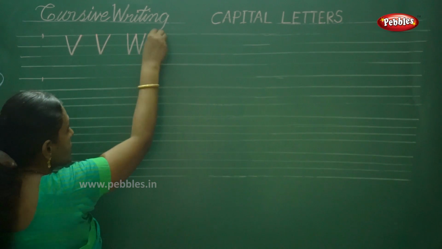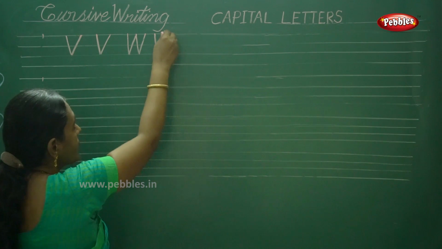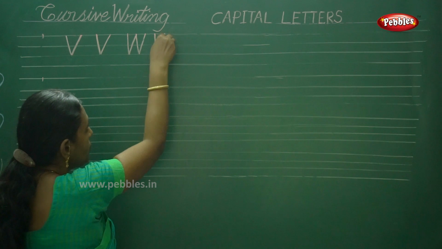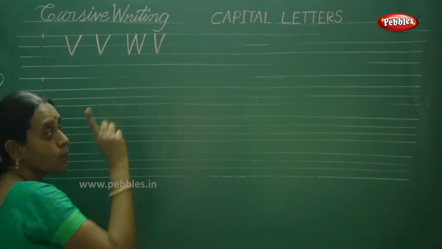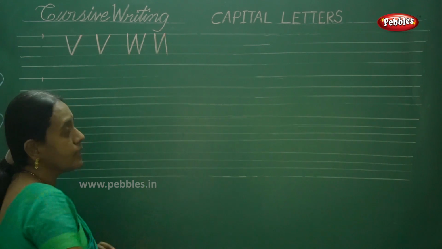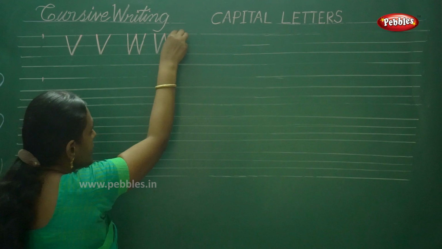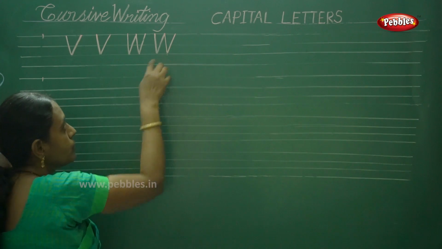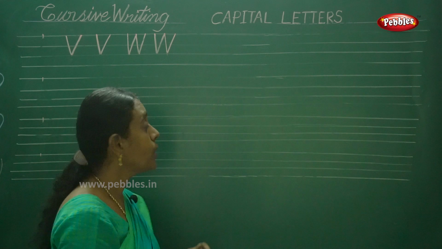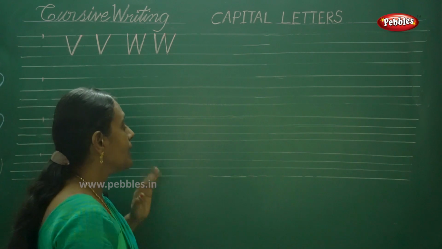Once again I write, first slanting line, left slanting line, again start from the ascender to the bottom slanting line, complete this one V, then again one more slanting line for W and start again from the ascender to the bottom. You have to complete this W. So V and W. X, again